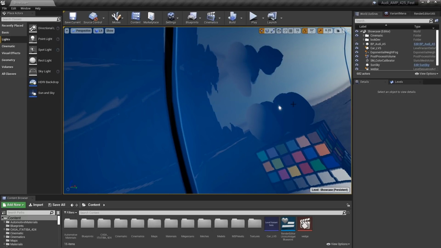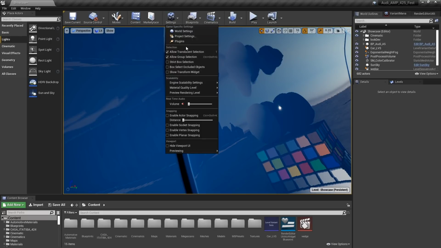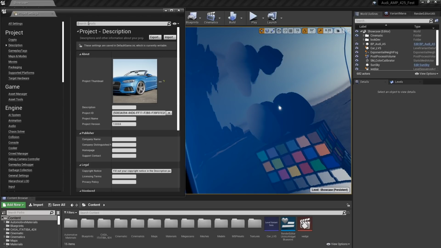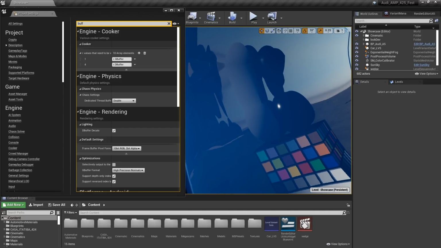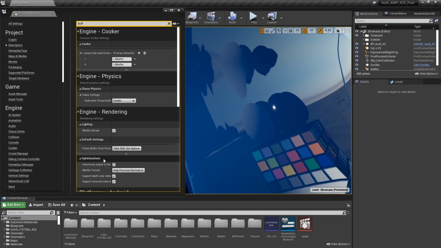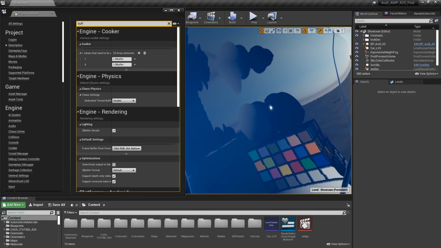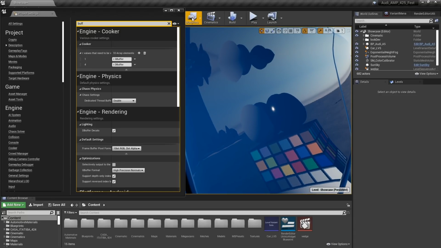So there's a couple of areas where you will need to go to address this, or potentially need to go to address this. And first is in the project settings. So in project settings, just search for buffer and go down to the GBuffer format. And what we want to do is change this GBuffer from default to use high precision normals. As soon as I do that, you can see all those gradients just clean themselves up, and we're not getting that weird stair-stepping anymore. And I'll turn it back off just one more time so you can see, it just looks really bad, really gnarly. You put on the high quality normals and it just cleans it up.